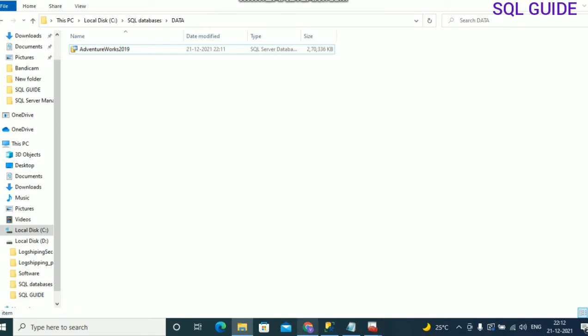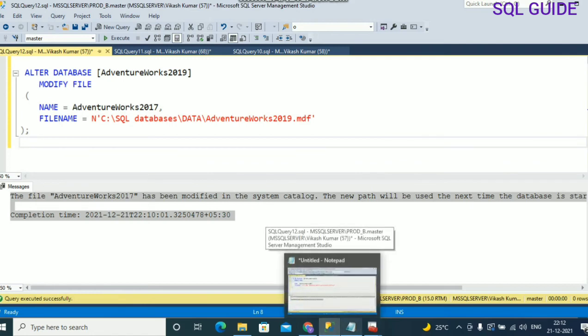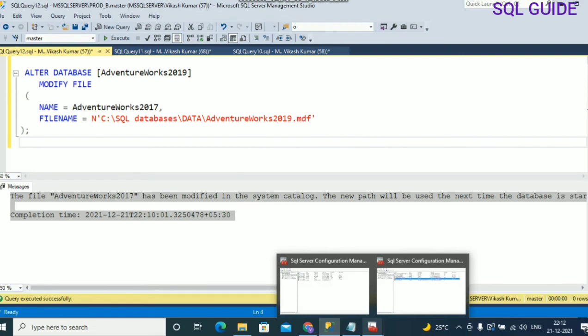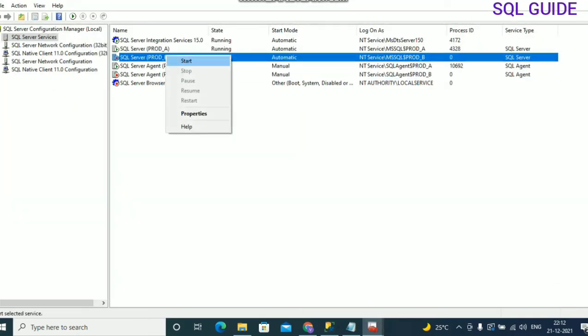File moved successfully. Now you can start the SQL services. Go to SQL Server Configuration Manager for the prod_b log shipping secondary instance and start the services.